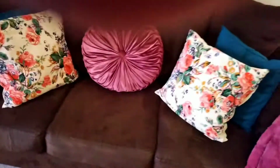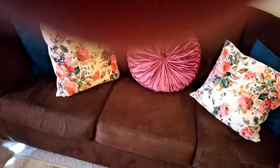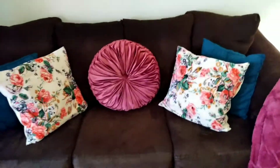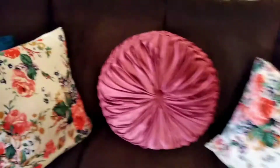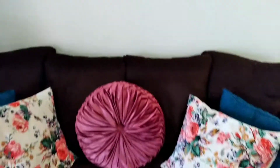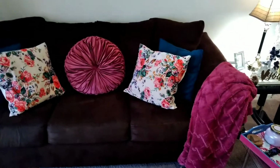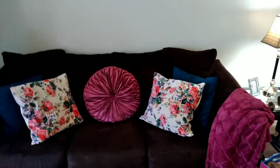I saw a couple others at some stores, but I figured I would either wait until I found something better or just proceed with what I wanted to do. But it's a pillow. It's this one. And this is a teal pillow behind it, because primarily my colors in my living room before were like teal, brown, and a beige. So I wanted to switch it out, wanted to still make it nice, freshen up on a budget, but still have some of the flow to the living room that I had before